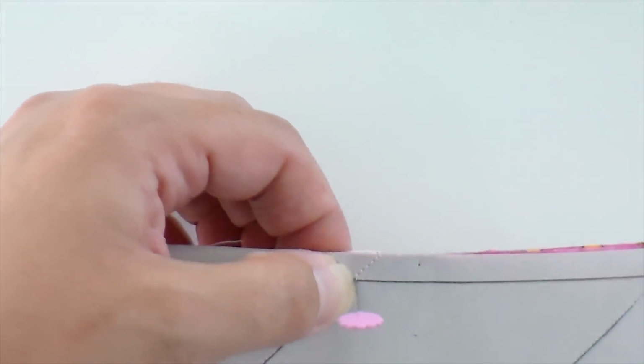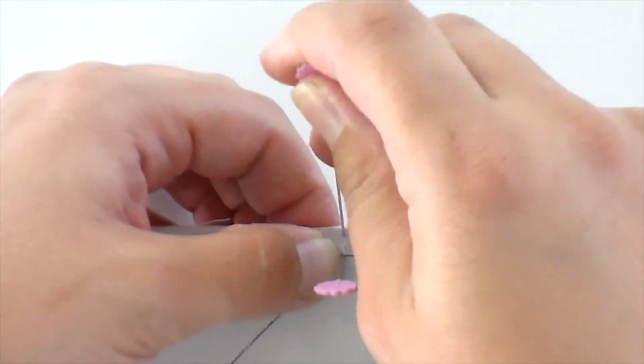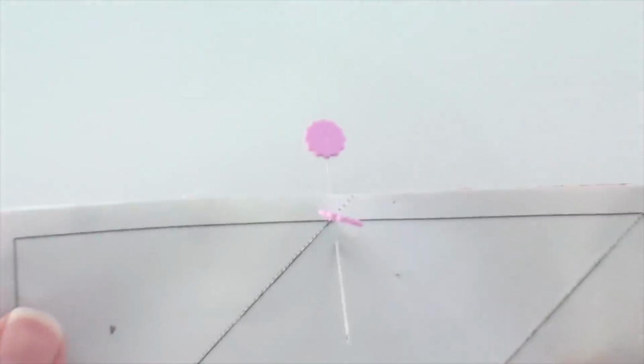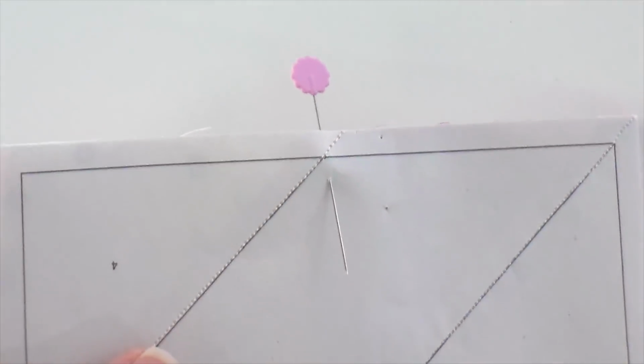It'll be offset a little bit. So I'm pinching this with my thumb and forefinger and keeping this pin going straight up and down. Now with the second pin, I'm going to come in from the side and pin across that seam, and that will help keep everything in line until I'm ready to sew. So now I can go ahead and pull this one out. I haven't shifted anything around, but I know that those seams are going to be really as good as they